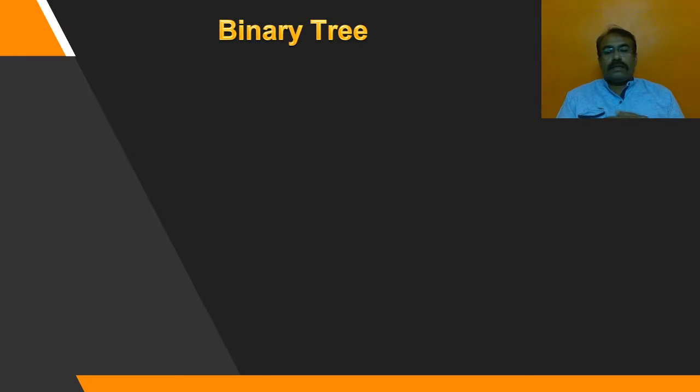Hello all. In the last lecture we have seen the tree data structure. A tree which has a root and later nodes are connected to it in a hierarchical manner, that helps you to arrange the data which generally follows the hierarchy or a kingdom kind of arrangement. So it has a root, it has intermediate nodes and the last nodes called leaf. We have also seen several terminologies related to that: root node, leaf node, siblings, path, height of a tree, depth of a tree. All these definitions we have seen in the last lecture.